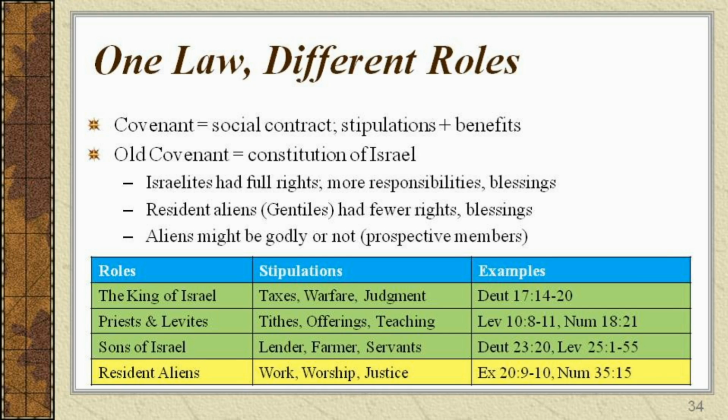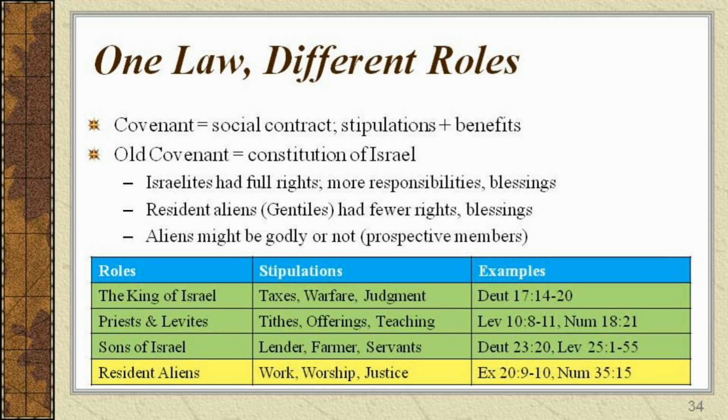The government of Israel was a theocracy. The nation was both a church and a state, and the law of Moses defined the roles and responsibilities of the executive, judicial, and religious branches of government. Individual citizens also had duties that they had to perform. In general, men had far more stipulations to obey than women, but everyone had specific obligations within Israelite society. While there was only one law in the land of Israel, different groups of people had different roles and responsibilities.